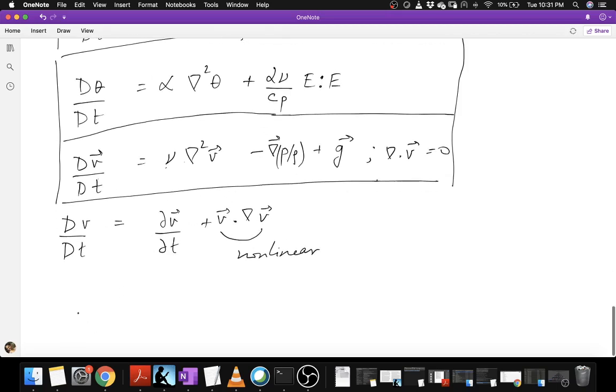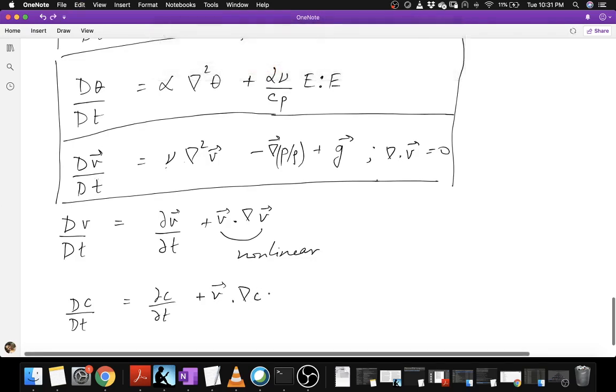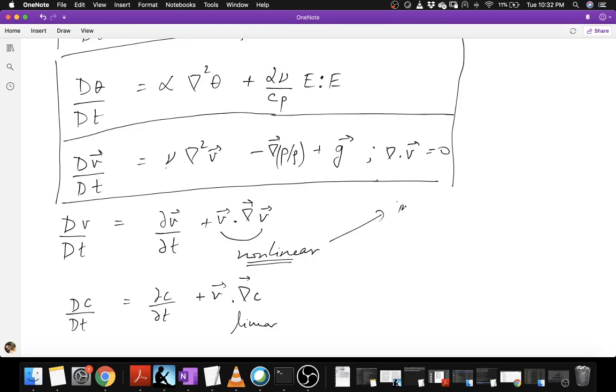On the other hand, if you have D/Dt of temperature or concentration, this term is entirely linear in the transported quantity, be it the scalar concentration or the scalar temperature. And therefore, yes, this equation is linear. So therefore, it's much more complex to solve the Navier-Stokes equations, because it's this nonlinear term that gives rise to instability